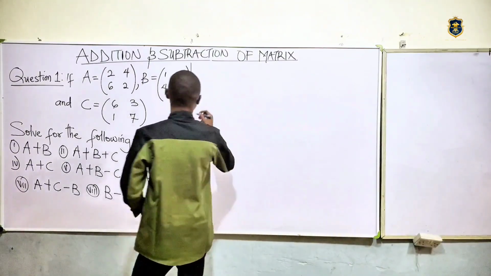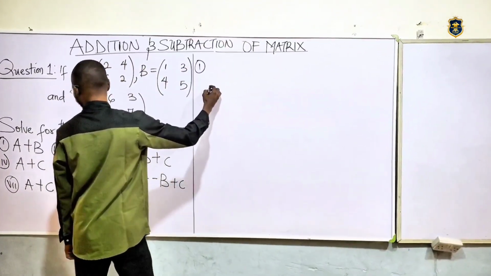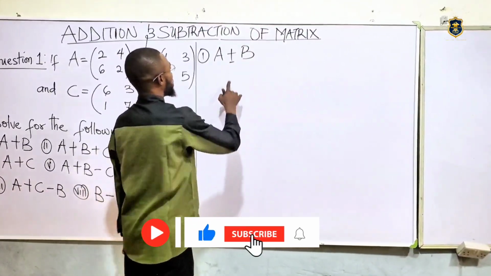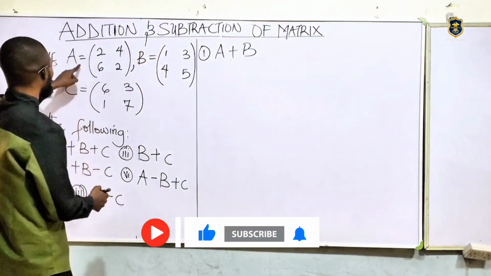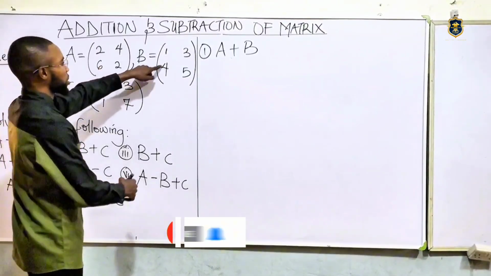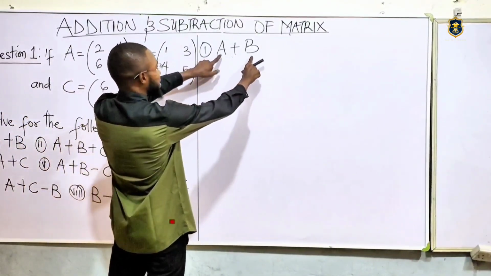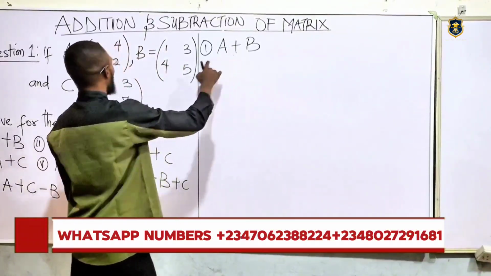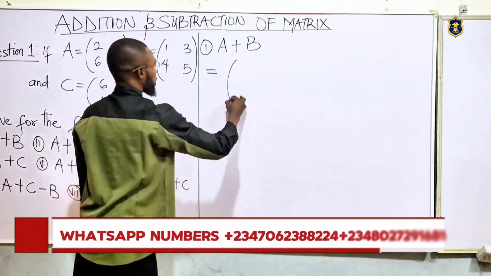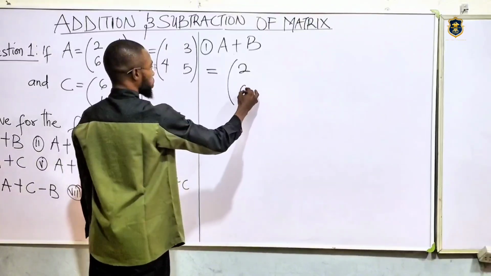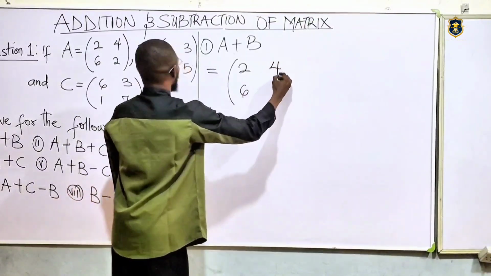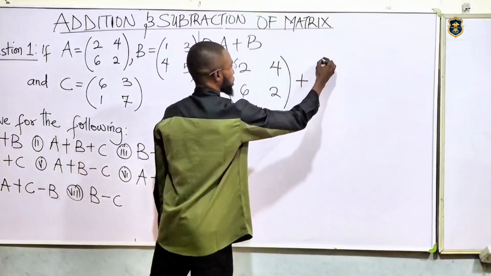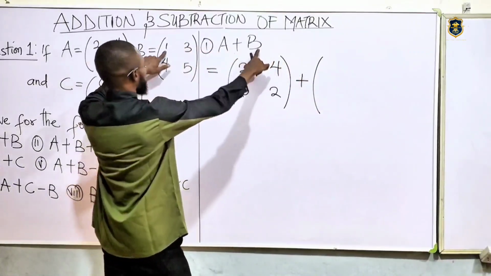Let's start with A. Number 1 says we should find A plus B. What is A plus B? That means we are adding. We have A as this and B as this. So what are we doing? Basically, we are adding both elements, right? So for A and B, what's the A matrix? The elements of matrix A are 2, 6, 4, 2, plus, you're adding it, plus what? The elements of matrix B are